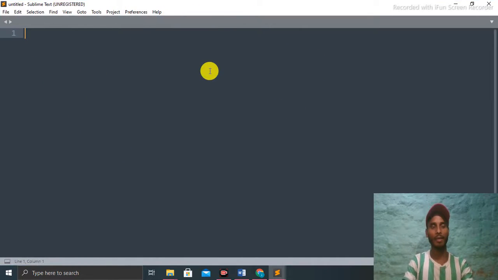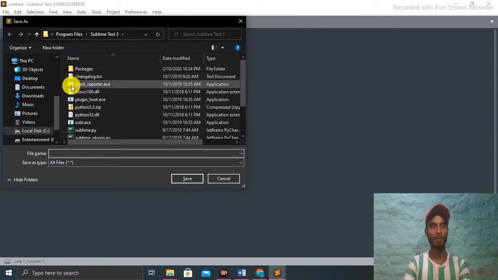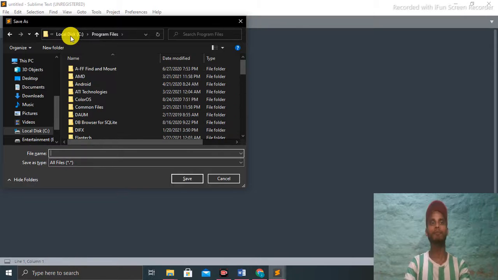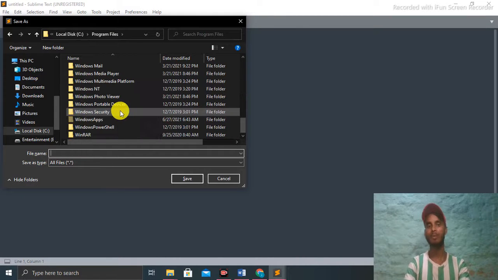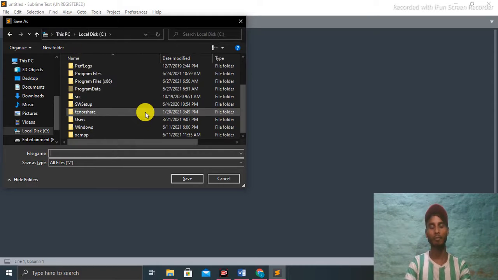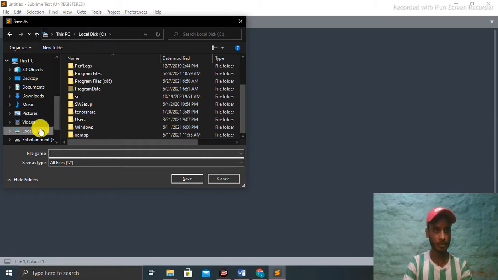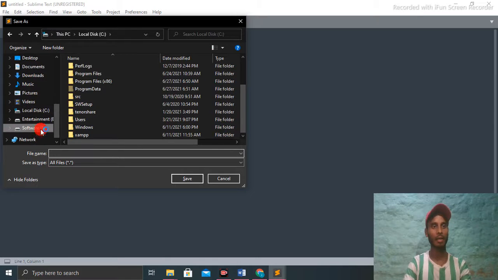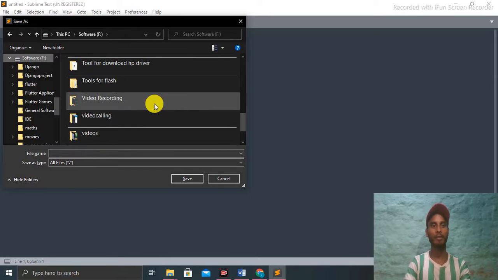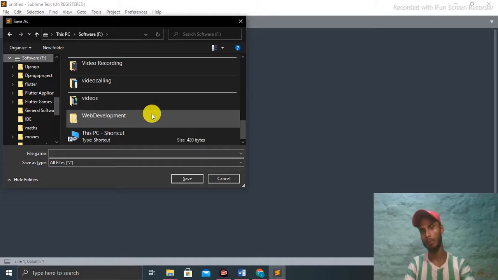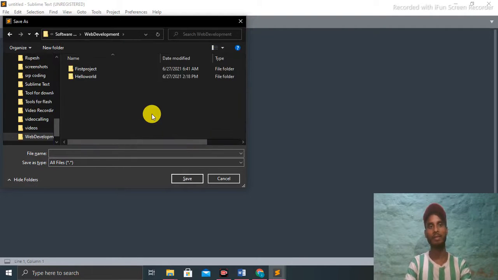Save it with Control S and a pop-up comes. Then you can choose a folder where we store all the web development files. In my case I go to the F drive, where I already created a web development folder. I also create a new folder.